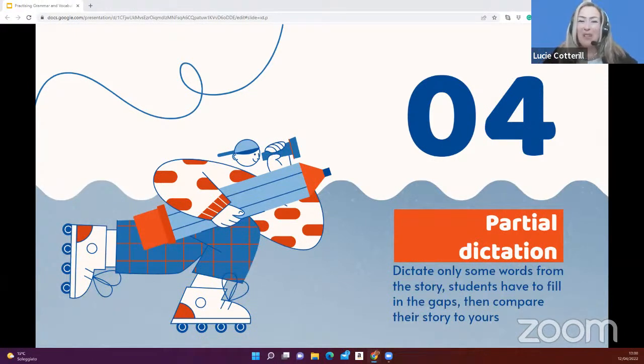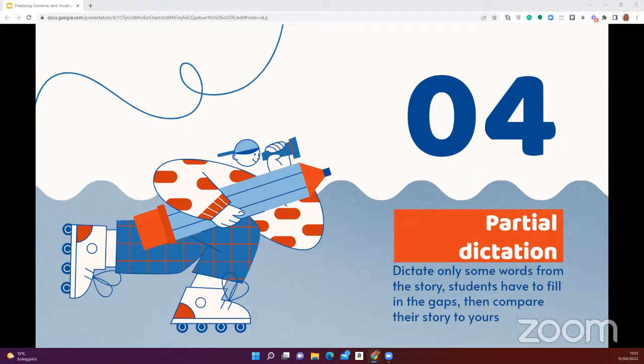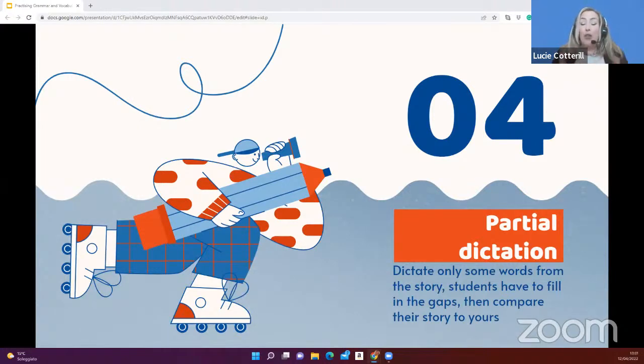Okay, so what I'm going to do now is read you a story. Part of the story I will read aloud, and other parts I will read in my head. You have to imagine the parts that I am reading in my head and write them down.